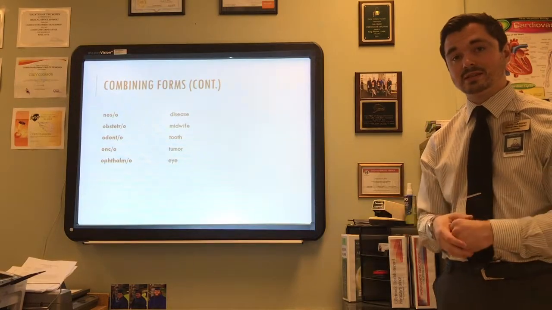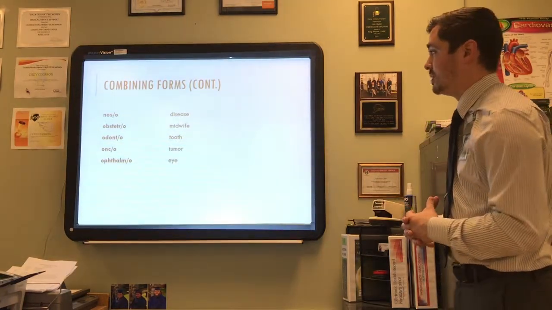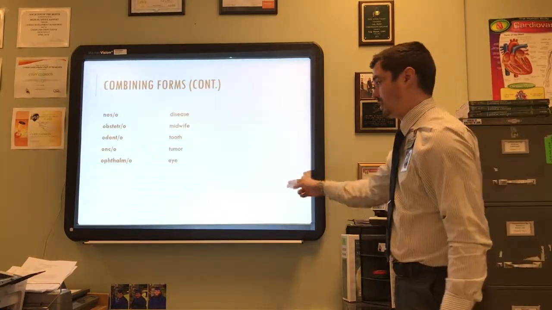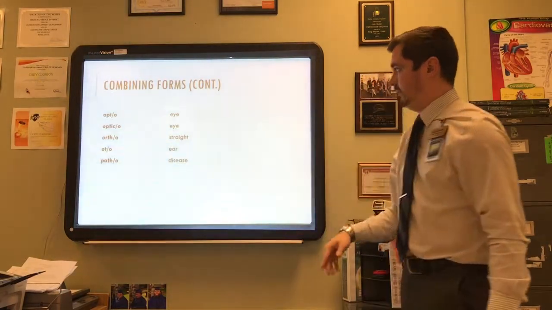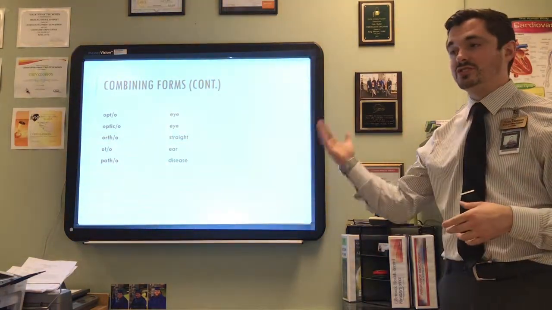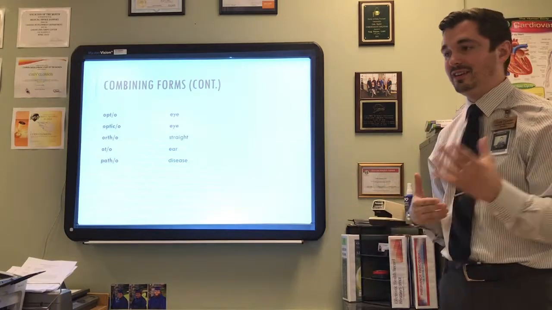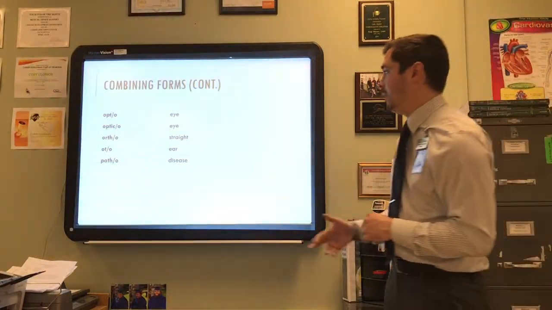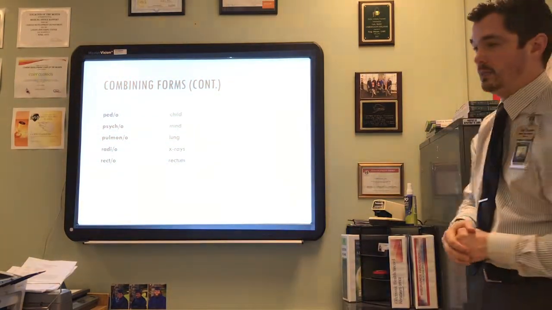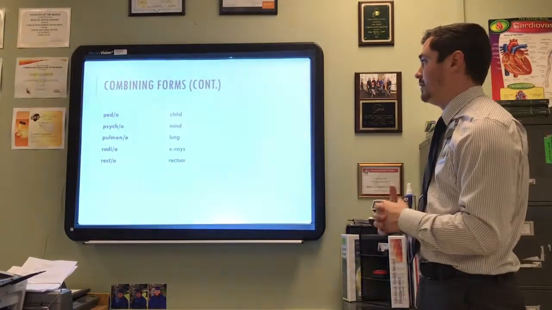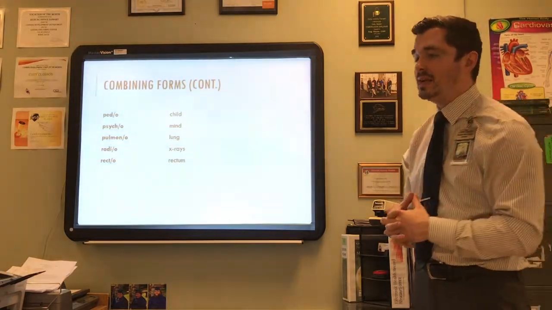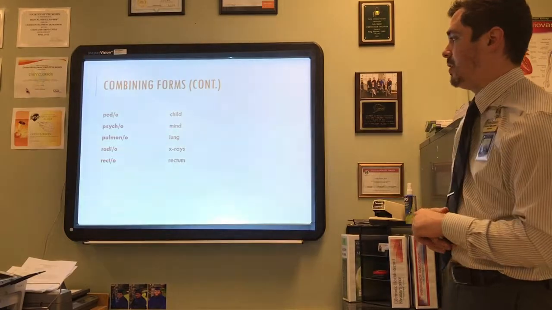If you go to an orthodontist, okay, they deal with straightening your teeth. Onco is another term for tumor, and ophthalm is eye, as we talked about earlier with an ophthalmologist. Opt is another term for eye, and optic is another term for eye. Ortho is straight. So if you go to the orthodontist, you're getting straight teeth. Ot or oto is ear, and patho is disease. Pedo is a child. Okay, pediatric deals with children. Psych is your mind. Psychiatrist. You've got the pulmonologist. They'll deal with the lungs. So pulmon means lungs. Radio is X-ray. And recto is your rectum.